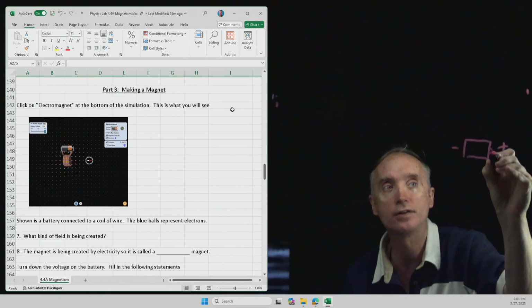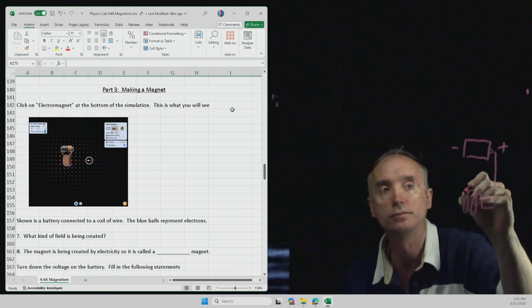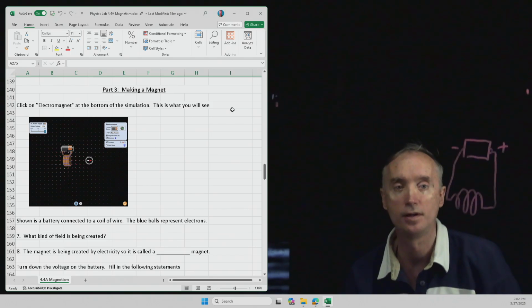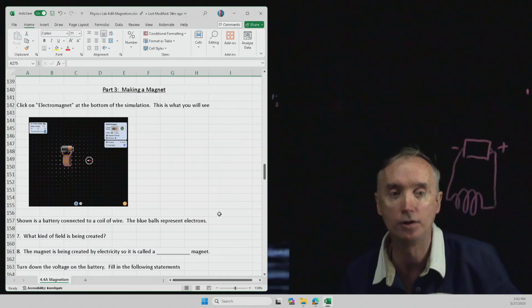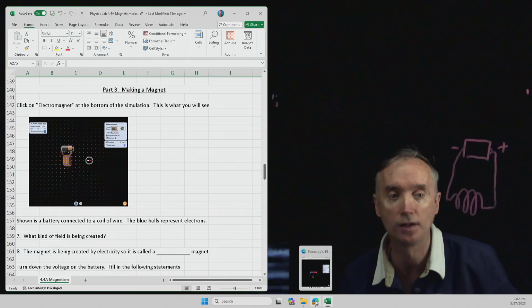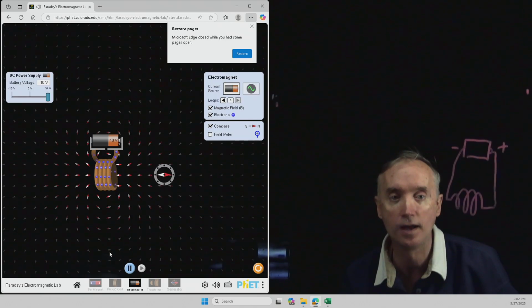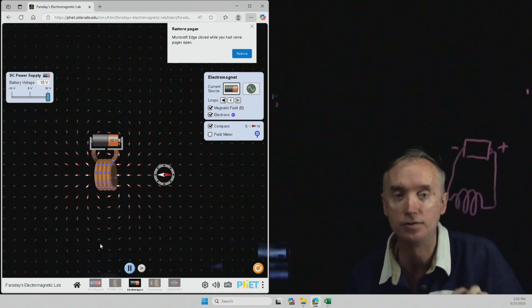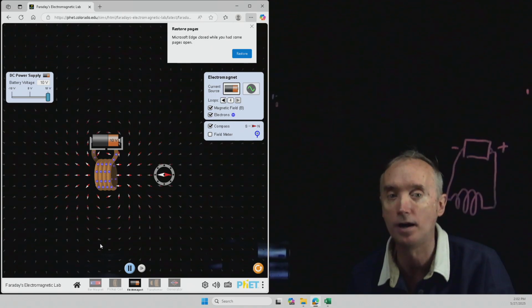And then we're going to attach a wire to it and then coil the wire like this and then reattach it to the battery. The simulation has already done this for you, so if we go back to the simulation, now we're going to click on this one down here at the bottom. So click on that, and there's your battery, and then there's the coil, and then you can see the magnetic field that is being created by that